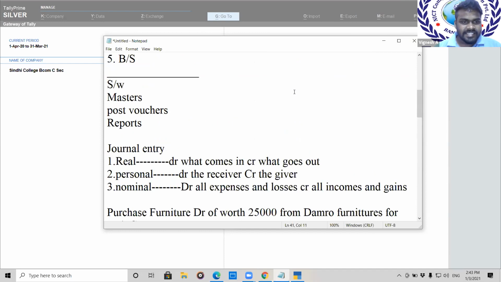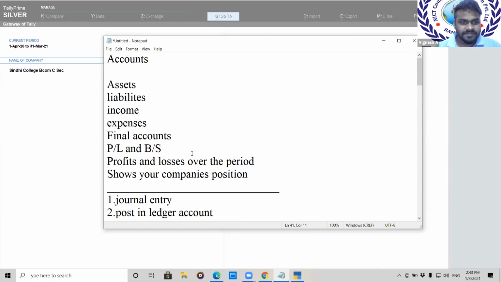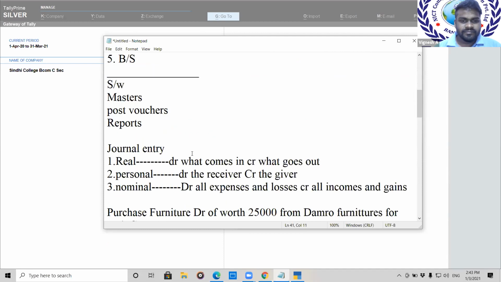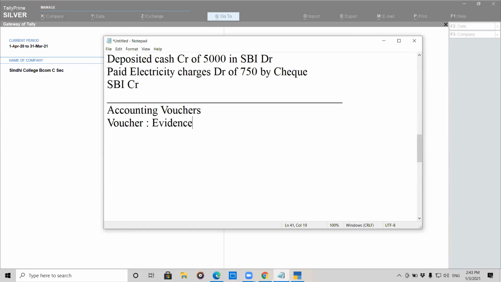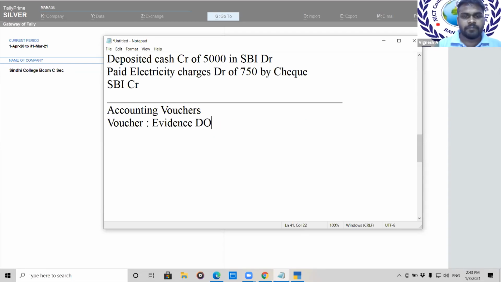So earlier in this class, I discussed a word that I have erased. Something as evidence. Yes, sir. Okay. A voucher is just a document, as Rakesh told. It is a document as evidence. What is that evidence in the sense? If at all I want to know whether a transaction has happened or not, by seeing the voucher entry only, I will know the transaction has happened. That is evidence for the transaction.